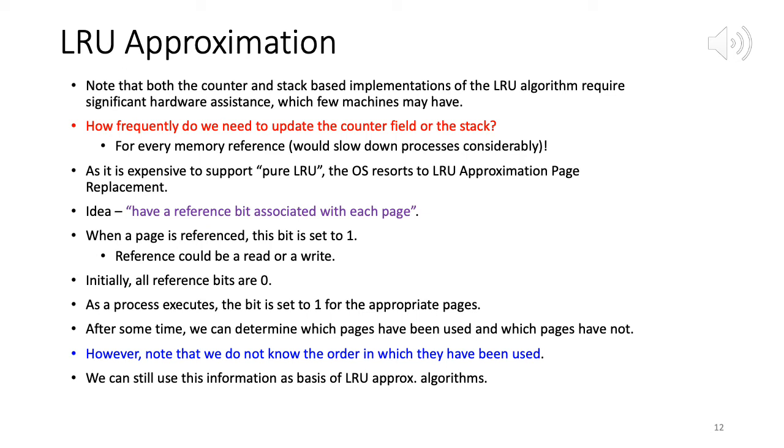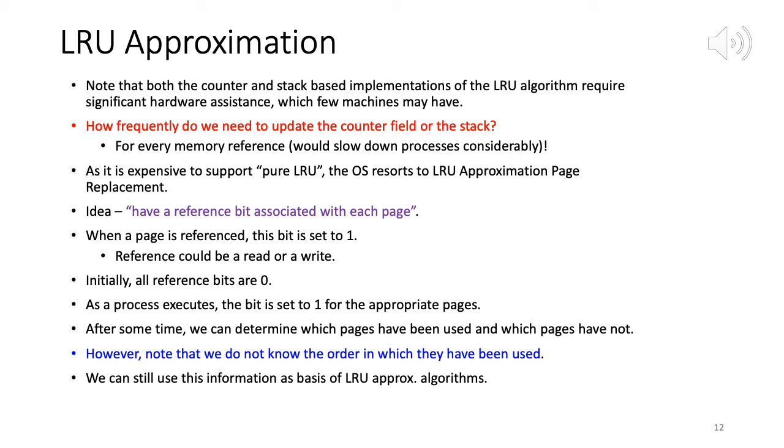So what will happen is the CPU will generate some virtual address, and virtual memory is divided into pages, all of the same size. So for every virtual address generation, a particular page will be referenced, right? And then that page is mapped to a physical frame entry into the page table, and then the page is copied into the frame, and then the instructions can execute. So what we are saying is, whenever we are referencing a page, we set the reference bit for that page as 1.